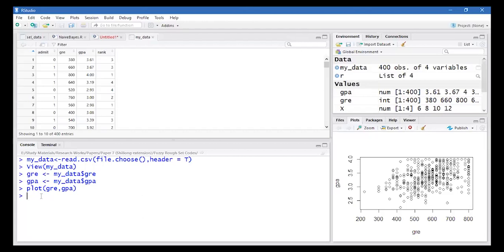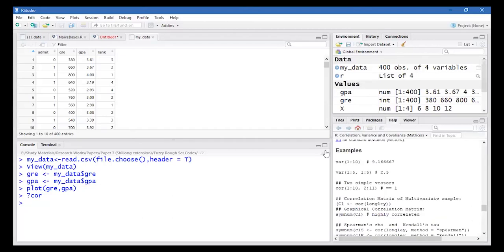So what I will do is R is equal to correlation of GRE and GPA. See what this correlation function takes. You can take the help of R and you will find the help here at the right hand side.